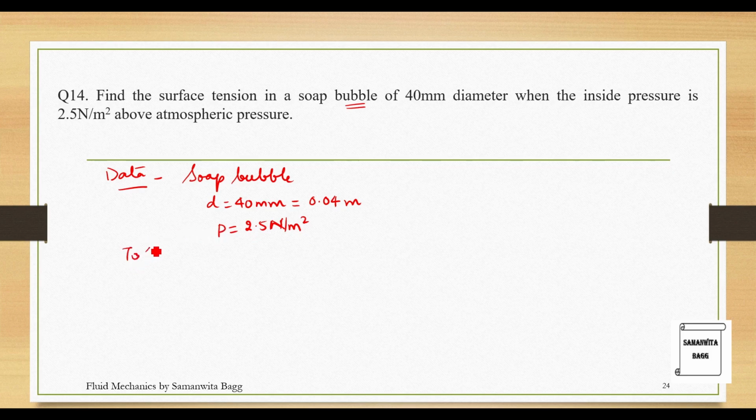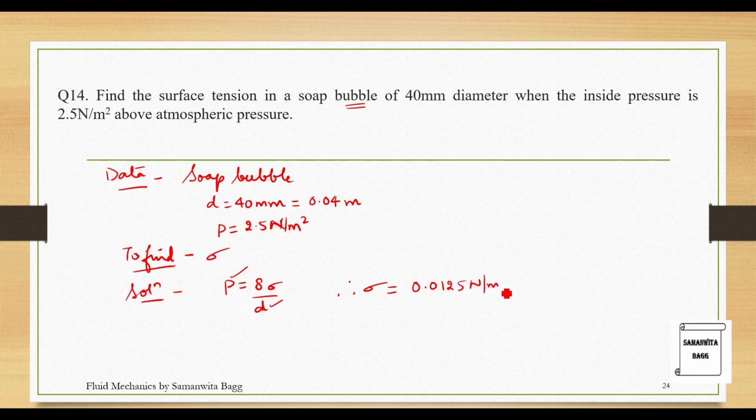So I need to find the value of sigma. Now that's pretty simple. You know the formula of P for soap bubble is 8 sigma by D. I know the value of P, I know the value of D. If I substitute in the calculator, I'll get the value of sigma as